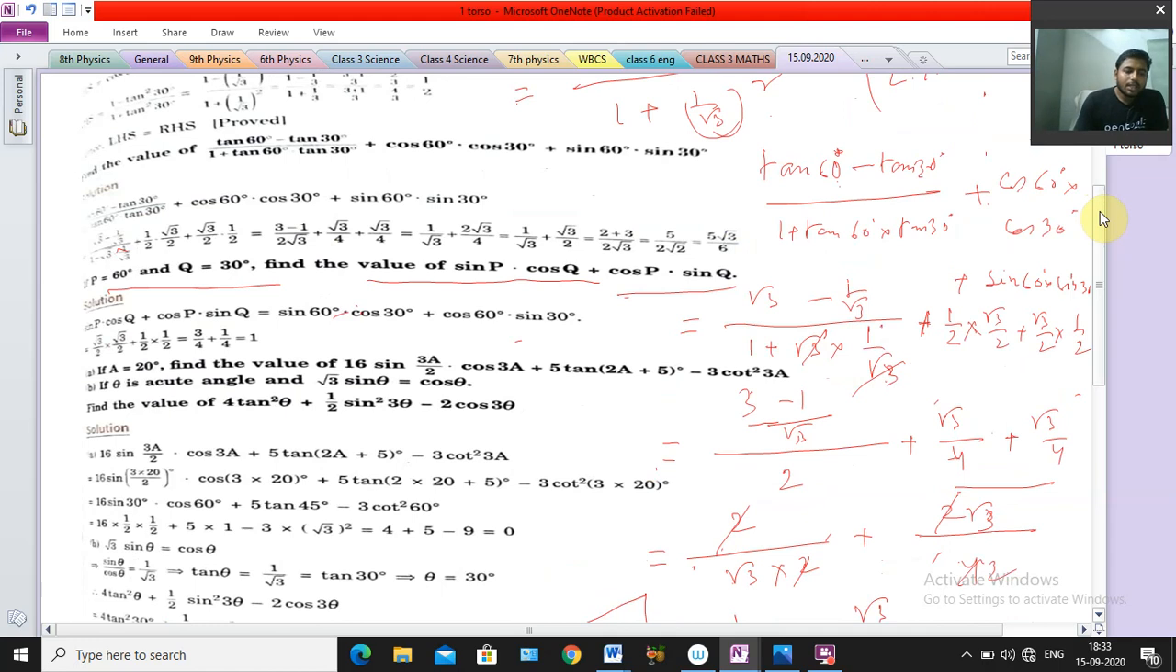Next question is telling here: sin A 20 degree, find the value of, if sin A, 20 only, is given here, 20 degree, then find the value of 16 sin 3A by 2 cos 3A plus 5 tan 2A plus 5 degree minus 3 cot square 3A. The same way we will do it like this problem. Okay, just we'll put the values of angle A. Okay, so see,